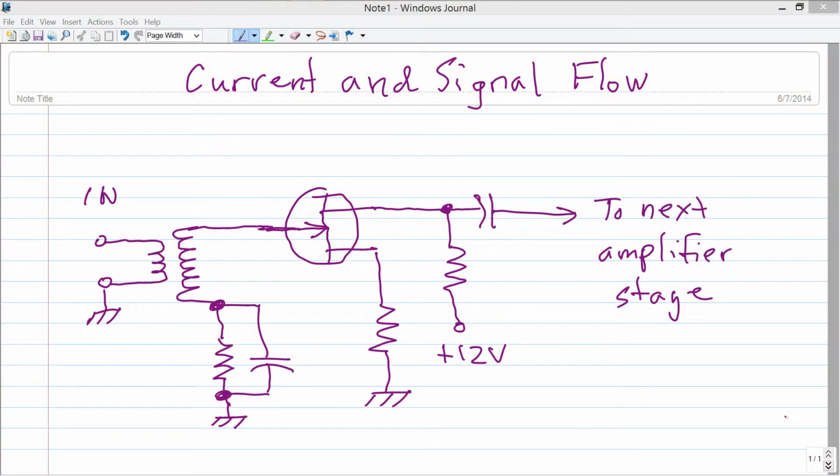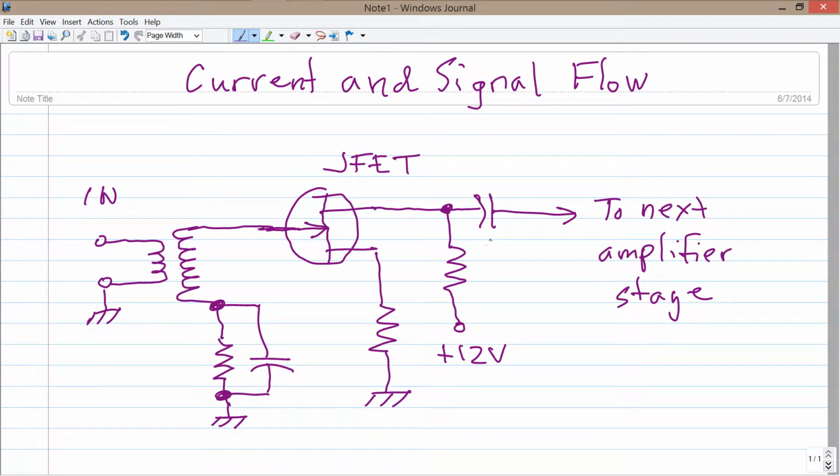Stan Gibilisco here. I would just like to talk a little bit about current and signal flow in a very simple circuit. This circuit here is a generic amplifier circuit using an N-channel junction field effect transistor. It's just provided as an example of an amplifier that you might find in a radio receiver or possibly an older audio system, a weak signal amplifier with an input over here at the left and an output that goes to the next amplifier stage,